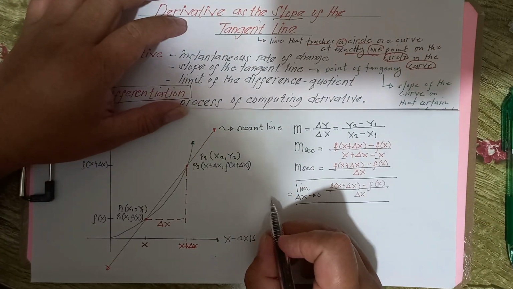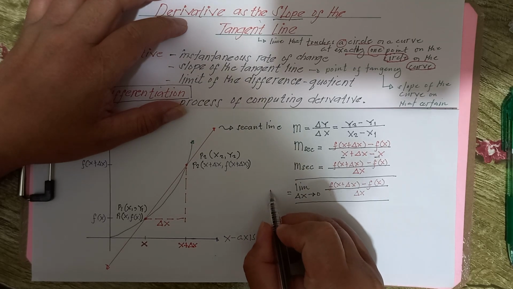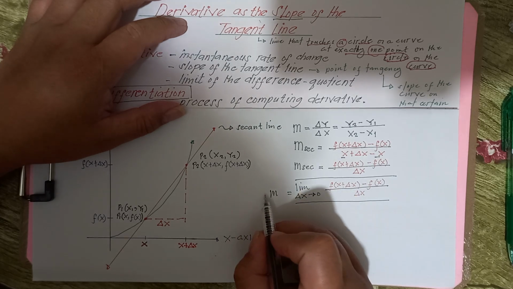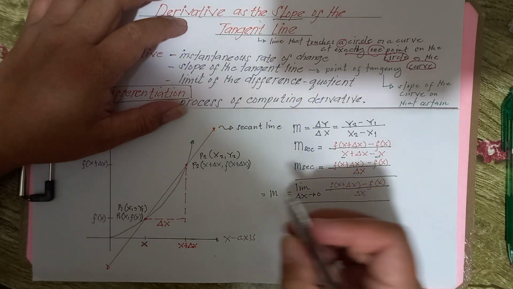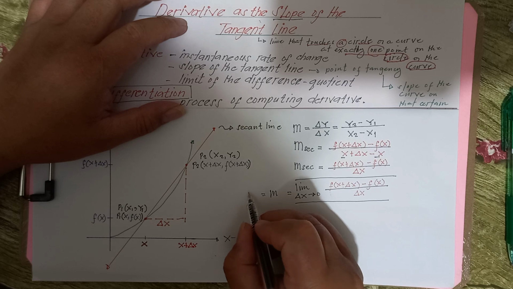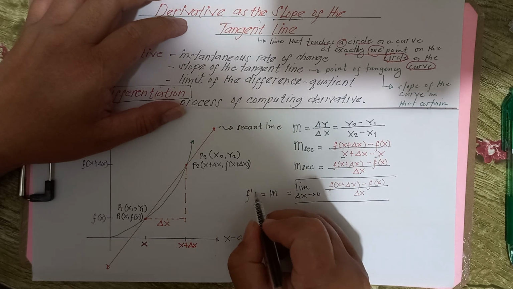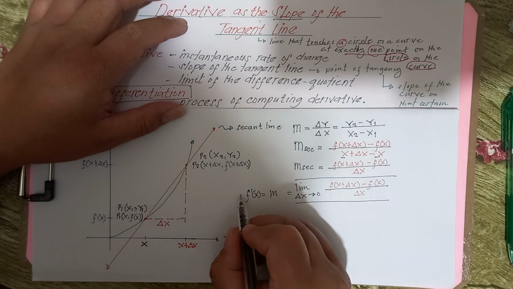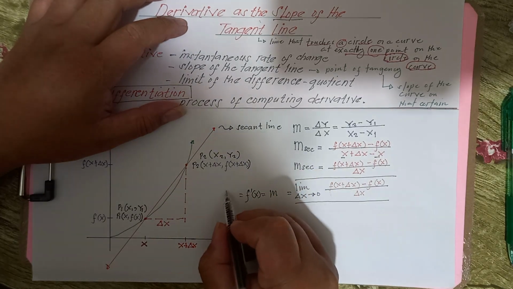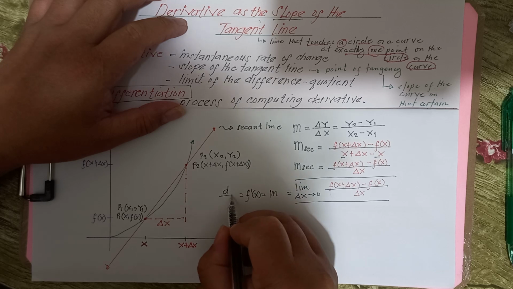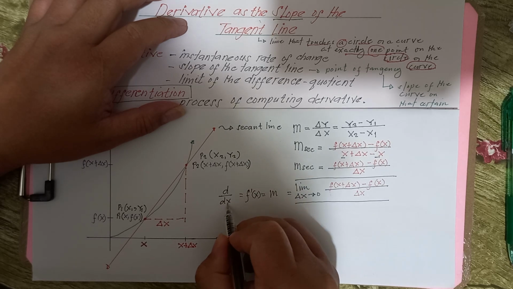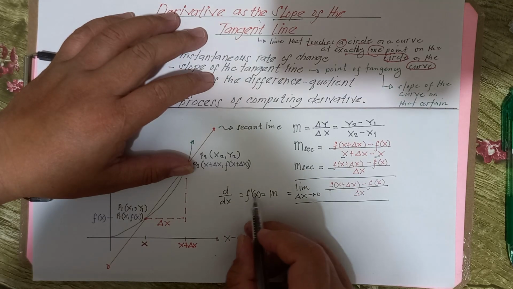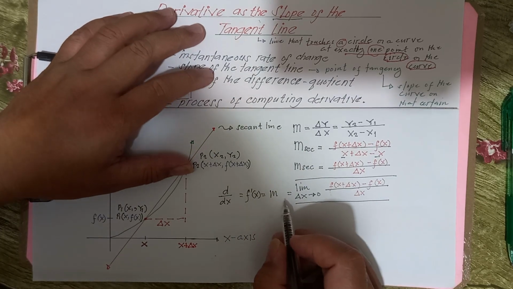Equated to the slope, or because we are talking of the derivative, this can also be f prime of x. Okay, these are the notations of derivatives. Or this can also be d over dx. Okay, so d over dx is the same as f prime of x, is the same as the slope,